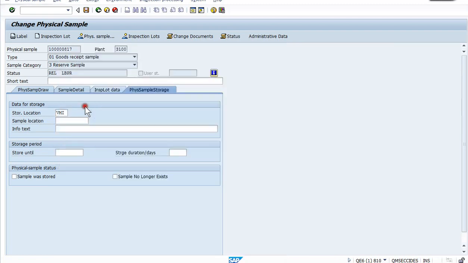So I'm going to click on that. I'm going to be in row A or aisle A, row 1, section 1. I can put any text I might want to say at that point. You are going to want to put when the sample is going to expire. In this case, it is 2017 in this example. And I'm going to check the button that I physically stored it in that location. So now when I hit save,